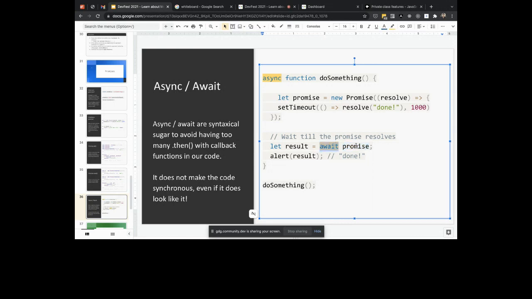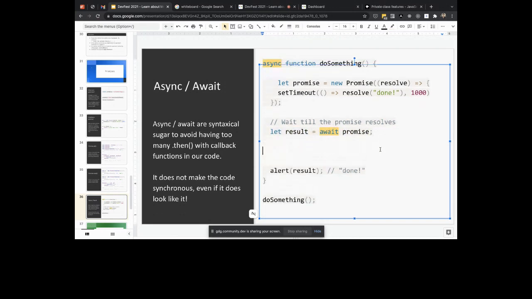So what does await do? Await is the equivalent of doing promise.then and passing a callback to it. In that callback, we would assign the value that we get to result in that case. So it's just a shortcut for the following. So this can be turned into just that,